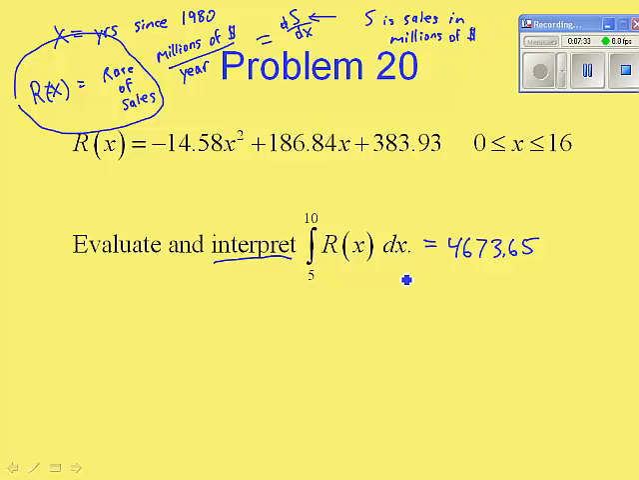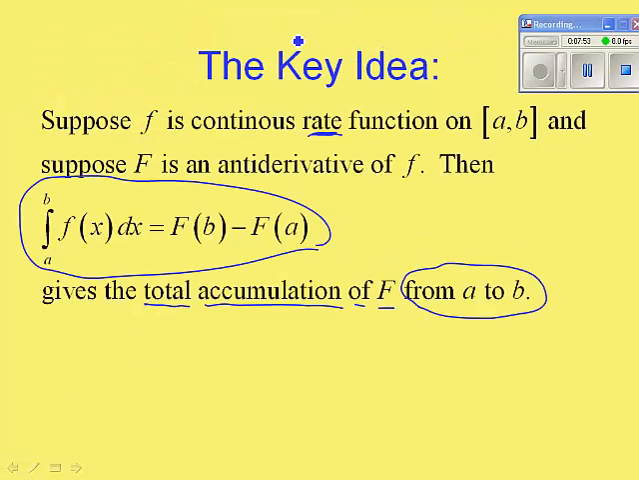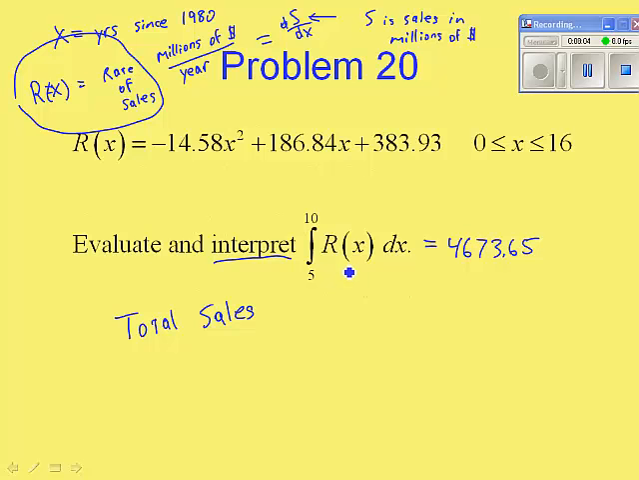So when I do the integral, what's this giving me? According to what this says, it's the total sales. If you look back at the key idea, it's the total accumulation of big F. Big F in this problem is big S, which is sales. And now from A to B, since it's 0 since 1980, this is what Andrew's saying. She's saying, well, total sales from 85 to 90